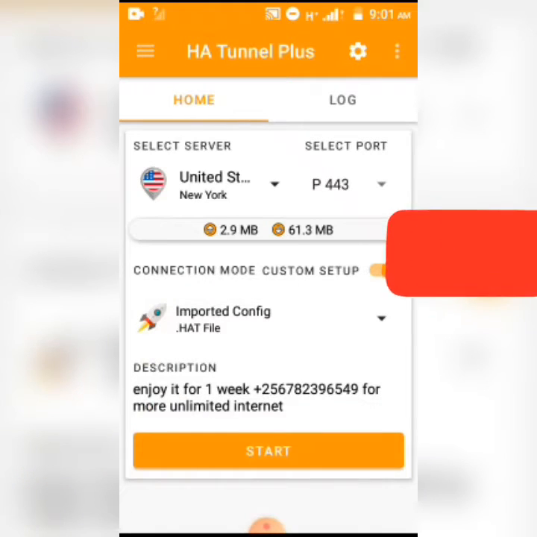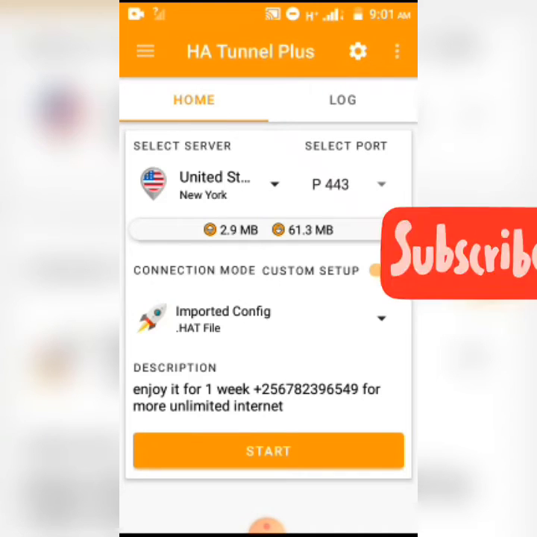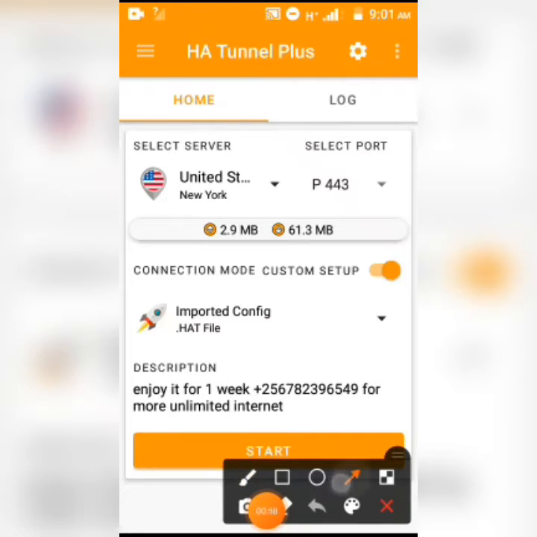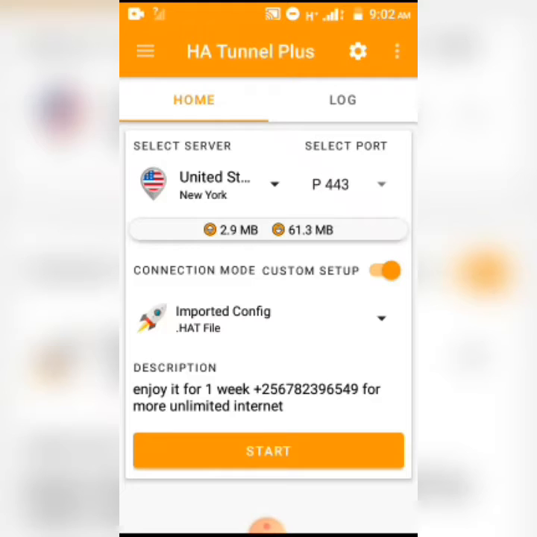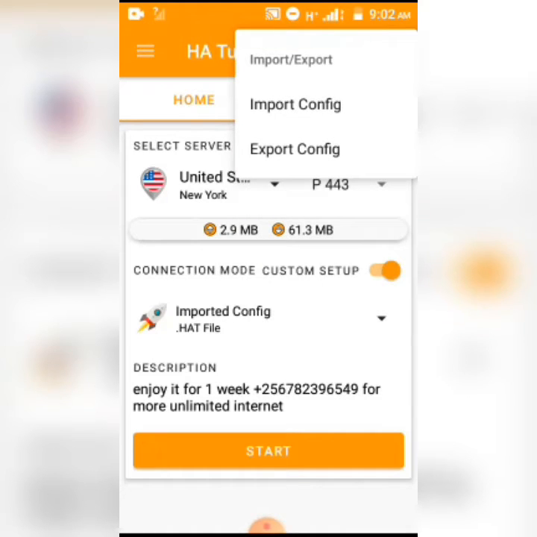you tap on imported file, you go to these lines, tap on it, go to import or export, then go to import config,